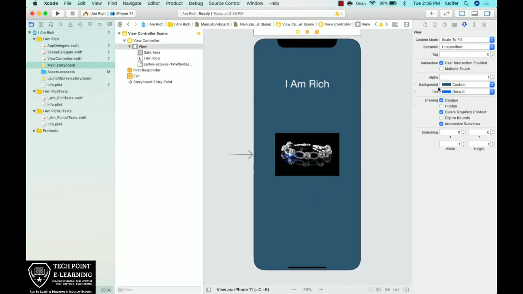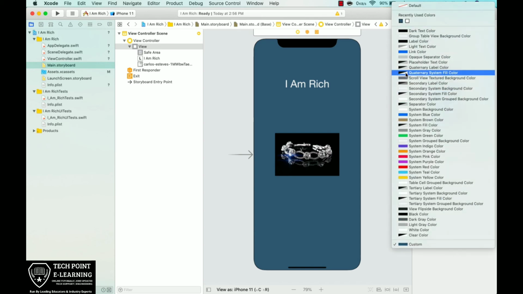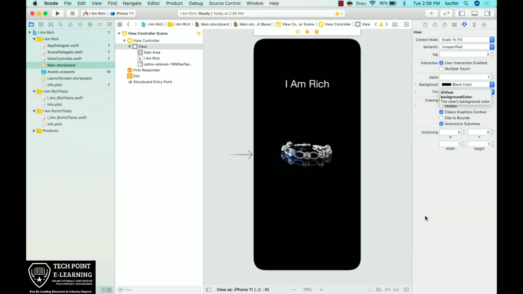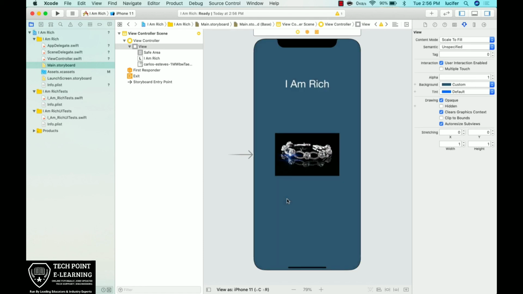Now I'm thinking that this background would be better if I give it a black background so that this image would merge very nicely in the background. But if you make such kind of mistakes, you can always hit Command Z to undo your changes. Now I'm happy with this app,